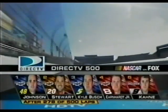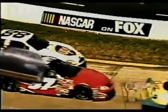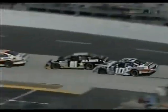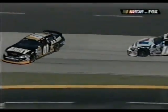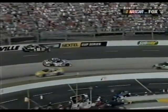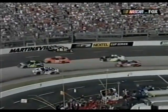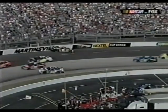Traffic ahead for Jimmy Johnson as he clears Ryan Newman and Tony Stewart starts to look in. Contact in turn 3 between two former teammates, Joe Nemechek and Scott Riggs. Boy, watch the leaders coming here. There's Jimmy Johnson. Here comes Tony. He's whoa, up. But the real battle right there is between that red car 99 and 14. They're battling over who's one lap down